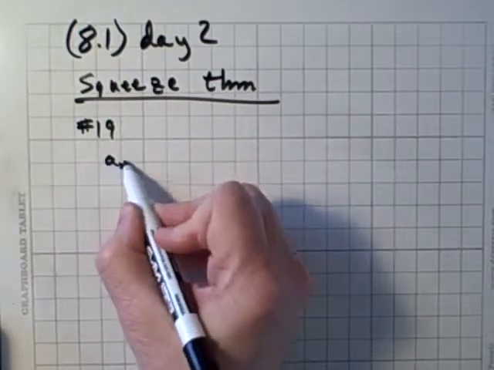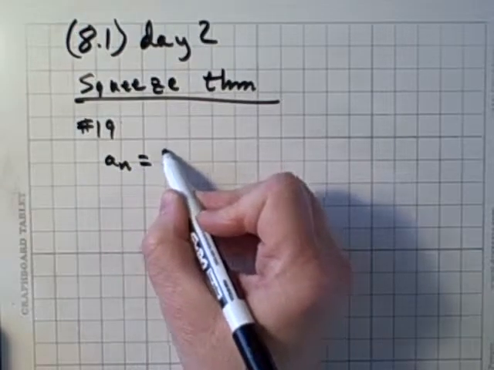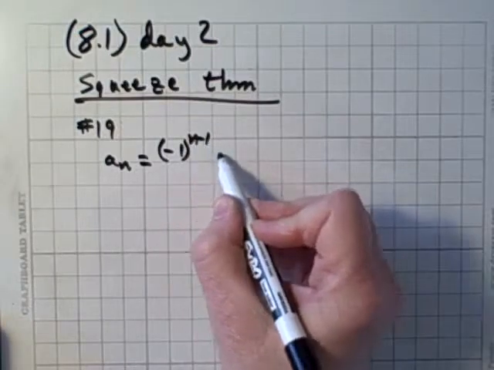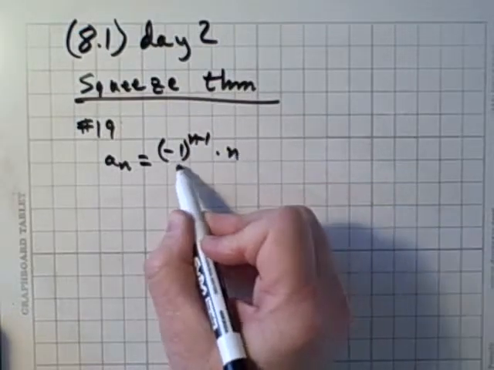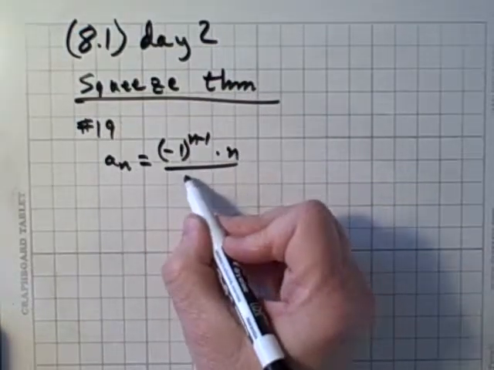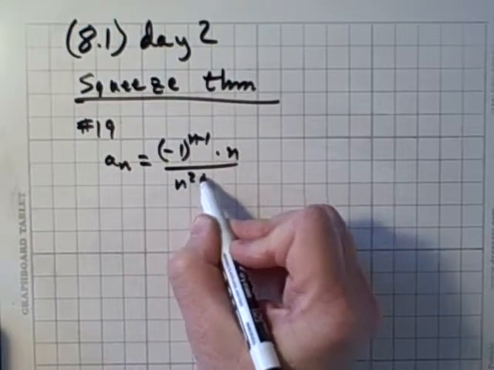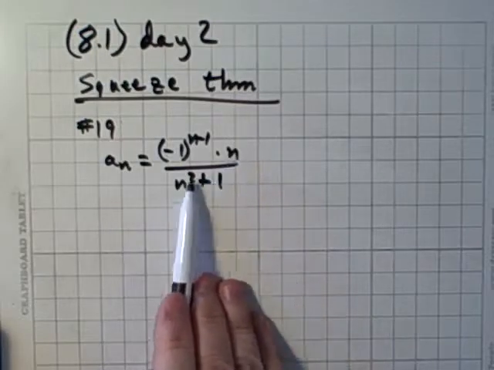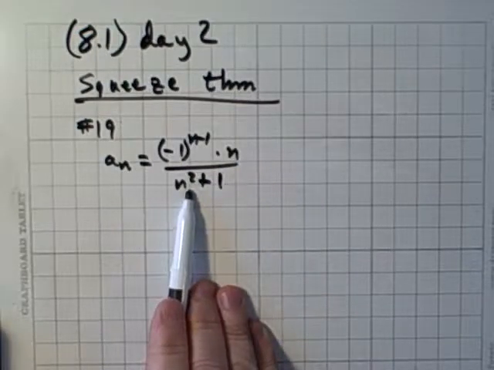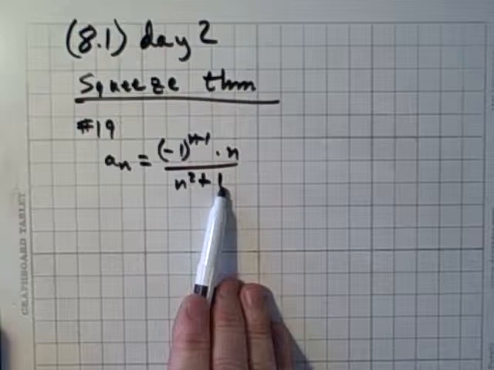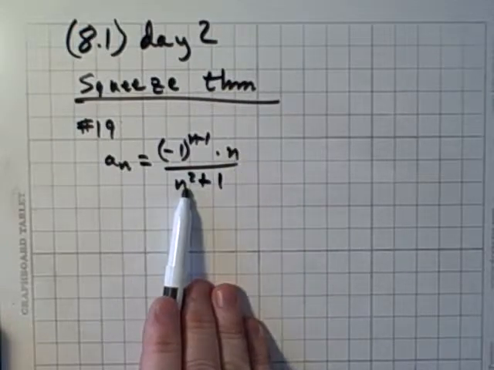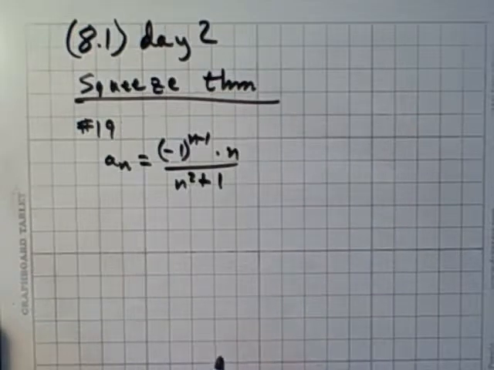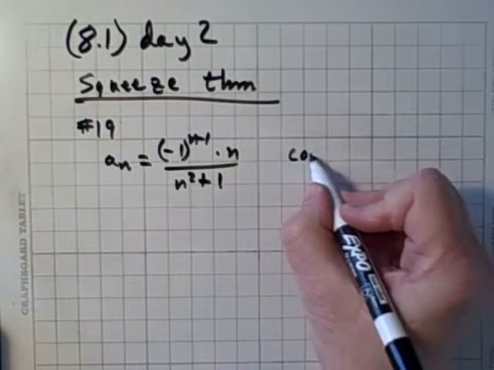The nth term formula for number 19 is an alternating in sign, negative 1 to the n minus 1, times n, and that's all divided by n squared plus 1. If we think about reducing it, it is the comparison. Out near infinity, the negative 1 doesn't do much. N over n squared is similar to 1 over n. So that's going to be our comparison. We want to compare to